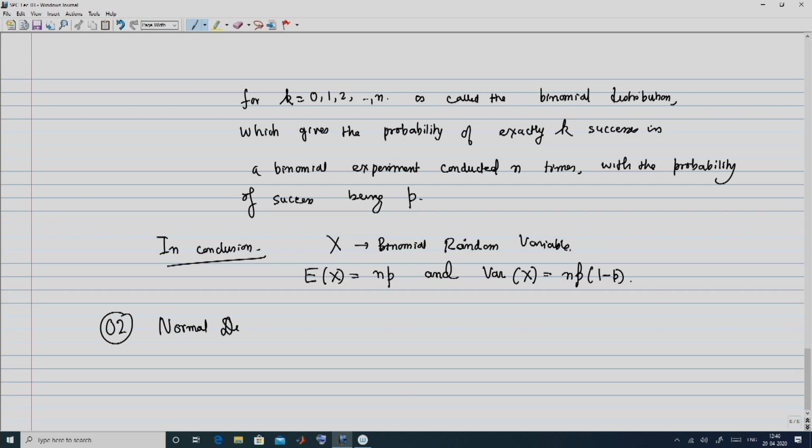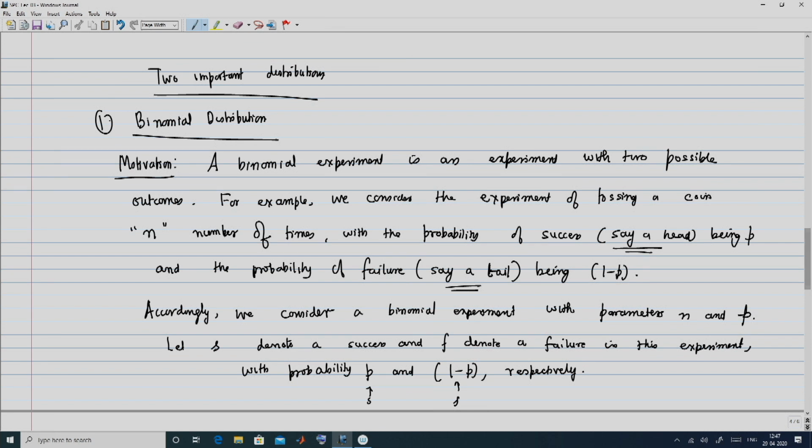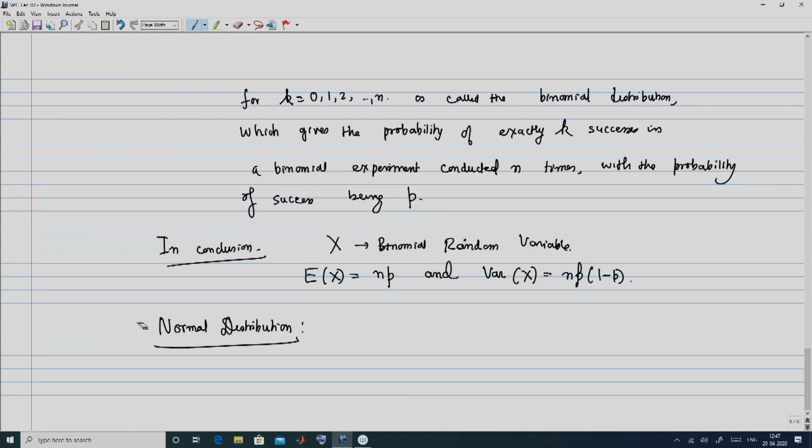Okay, so now we are in a position to move to our second distribution, which is the normal distribution. In this case, unlike the binomial distribution, we will not really motivate much, except to point out that in a lot of real life examples you can observe that a normal distribution is being exhibited. For example, if you look at the distribution of marks secured by students in a class,